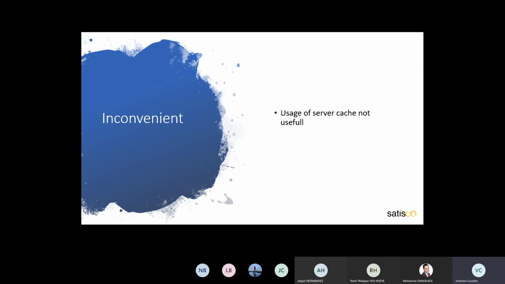For inconveniences, I just found one. I searched, but I didn't find more. Because in GraphQL you can personalize your request, and each client can do that, the usage of a server cache is not really useful because you do not always have the same request from the client.